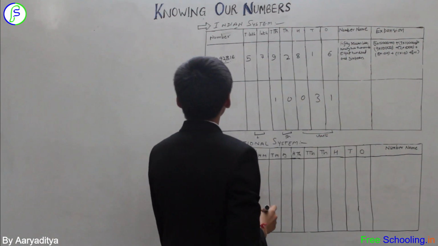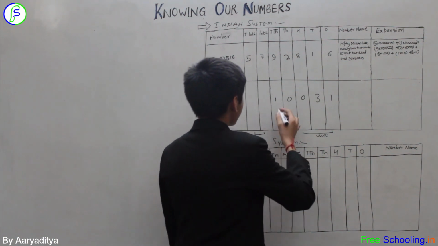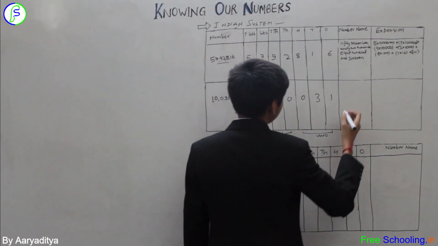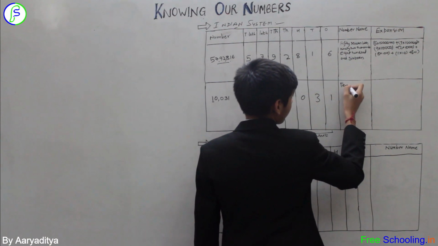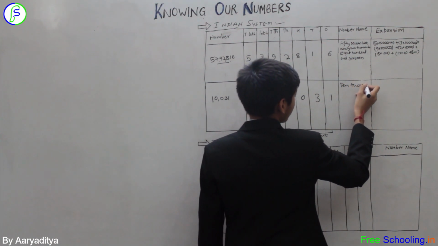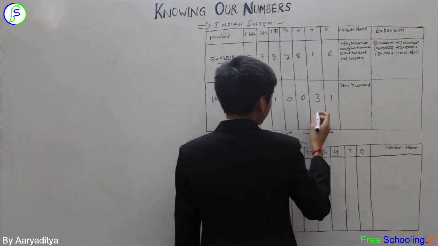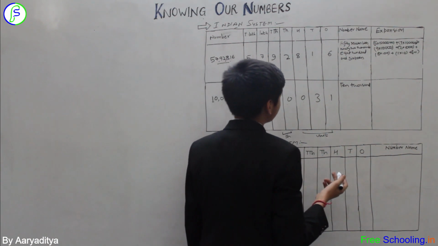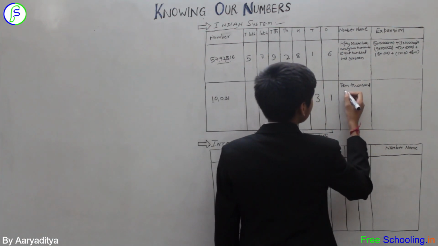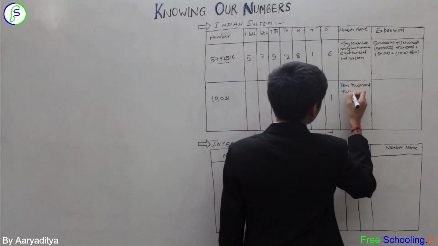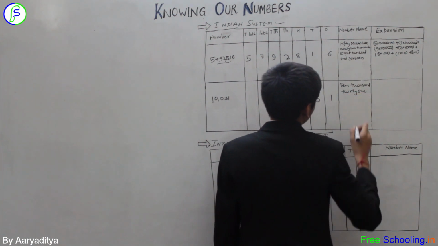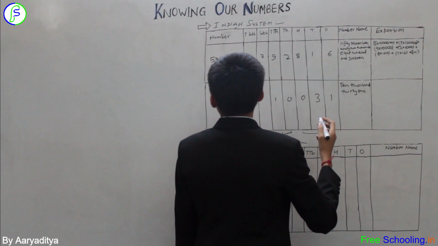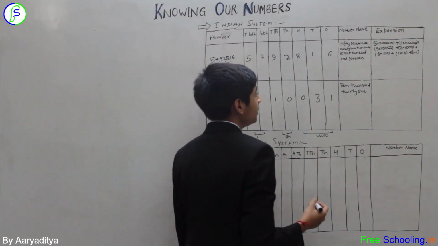So now let us start naming. As we all know that these both lie in the thousands group, so we would be calling them 10,000. And then these three numbers lie in the same group, but 0 at the hundreds place is ignored, so we can write it like 10,031. No mention of 100 because it is 0. So now let us get on to the expansion of the number 10,031.